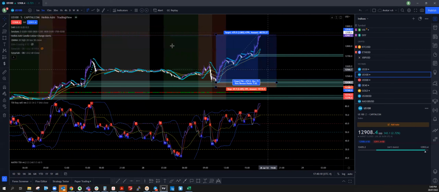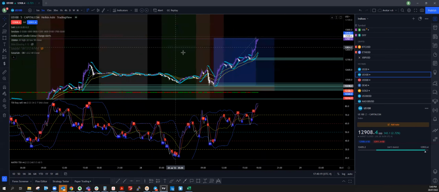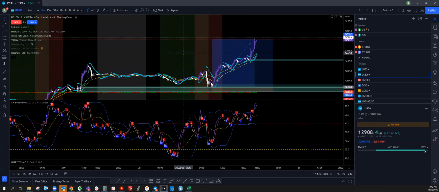I am going to run through all of the Avatar strategy from the very bottom to the top, all the ins and outs, everything you need to know to use this strategy to catch some pips in the market on a daily basis. So the Avatar strategy, just to give a brief intro, is a compilation of a couple